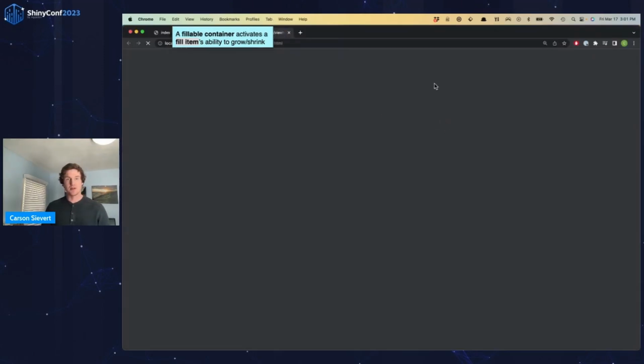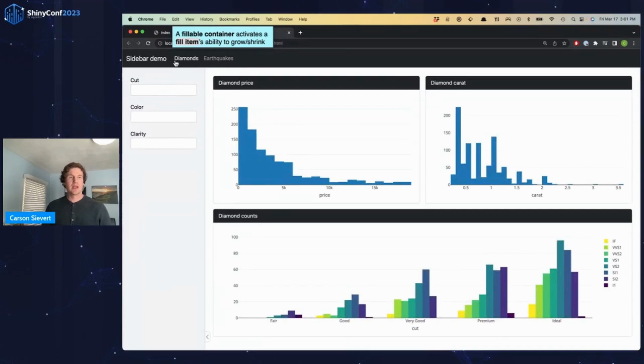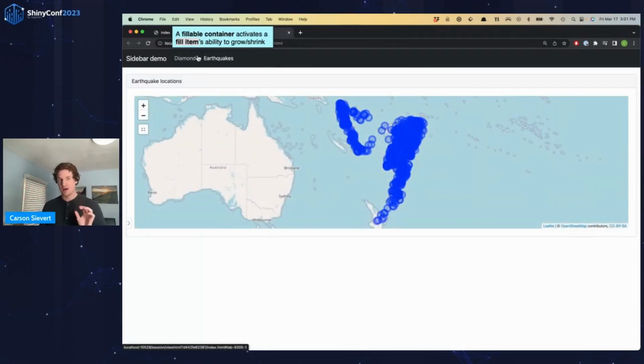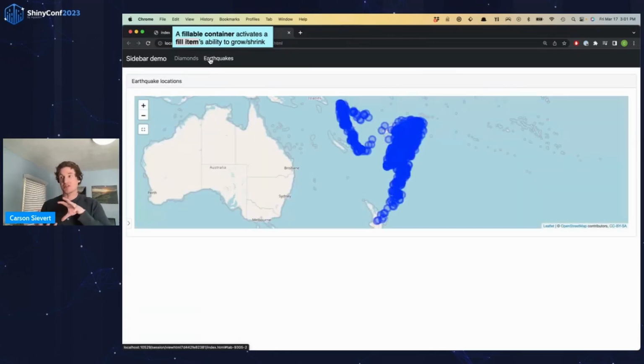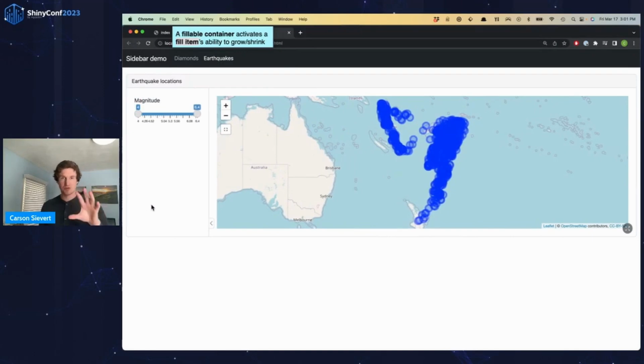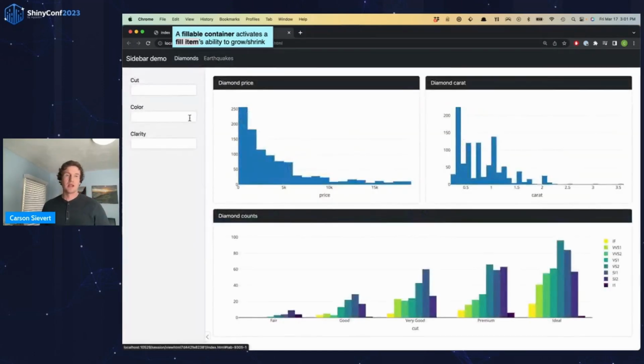So open this here. And now I have this nice global sidebar that's only here when I'm on the diamonds page. And on the earthquakes page, the sidebar is no longer relevant. I've basically scoped these sidebars, in this case, to this specific card, and on this page, scoped just to this page.